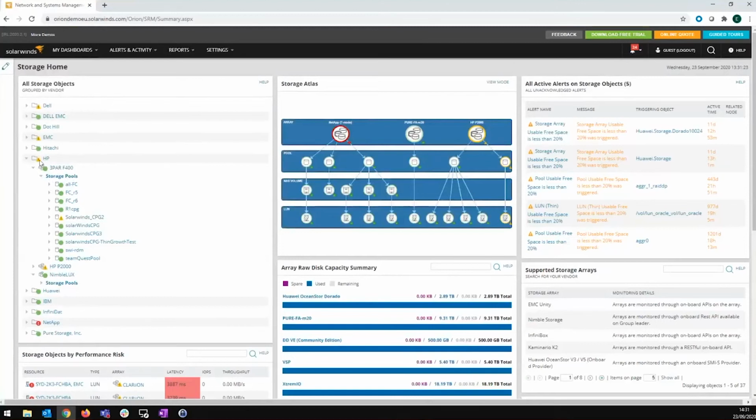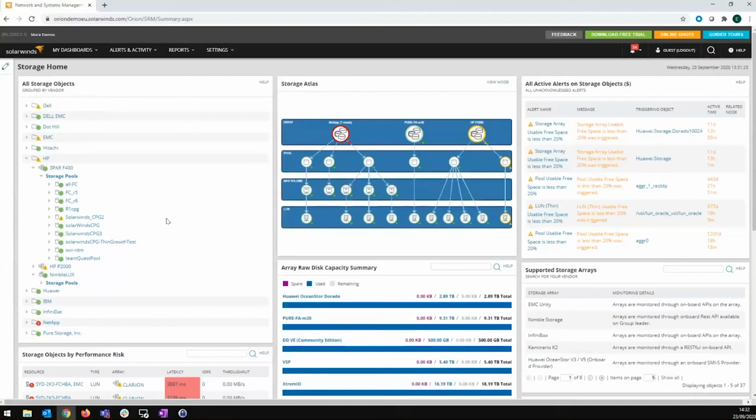Depending on the vendor and model, we use either the SMI-S protocol, or in some cases vendor-specific API calls. It really depends on the array model and the vendor, because there are so many vendors in this area. SMI-S was supposed to be the industry standard protocol, similar to SNMP for network devices, but for reasons unknown to me, it didn't take off in the storage industry the way SNMP has in the networking industry.